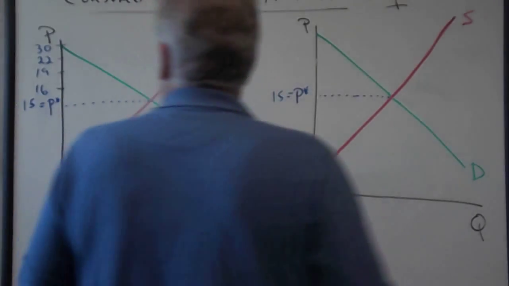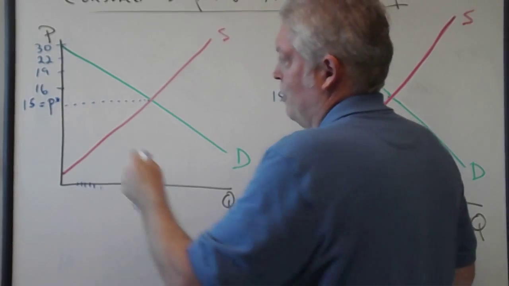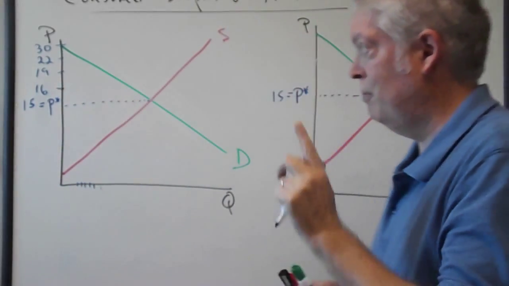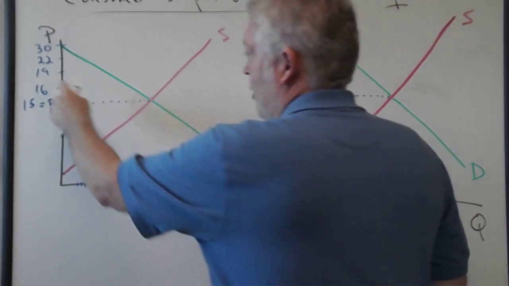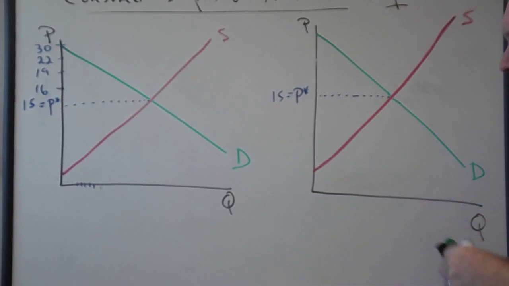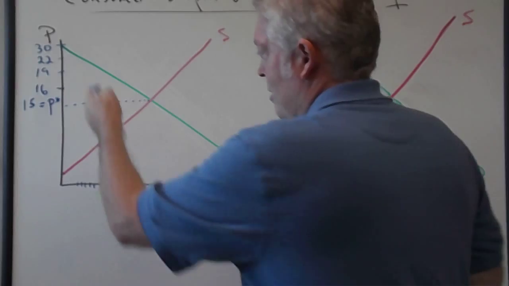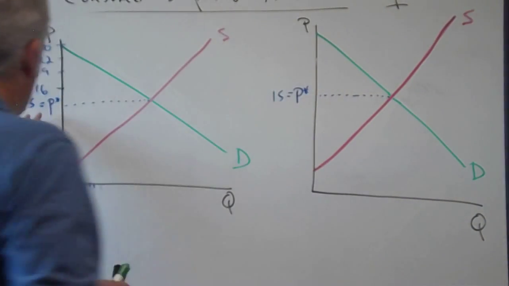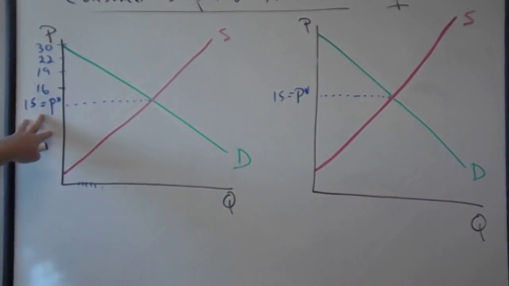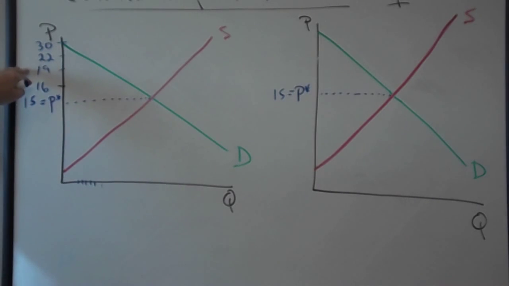So think about this and what this means when we talk about something that we call consumer surplus. Consumer surplus means that for those buyers who are willing and able to pay a price greater than the equilibrium price, they get extra value and extra benefit for their particular purchase of the good. Because remember, they had nothing to do necessarily with founding that $15 equilibrium price. The equilibrium price is basically a result of the intersection of demand and supply.